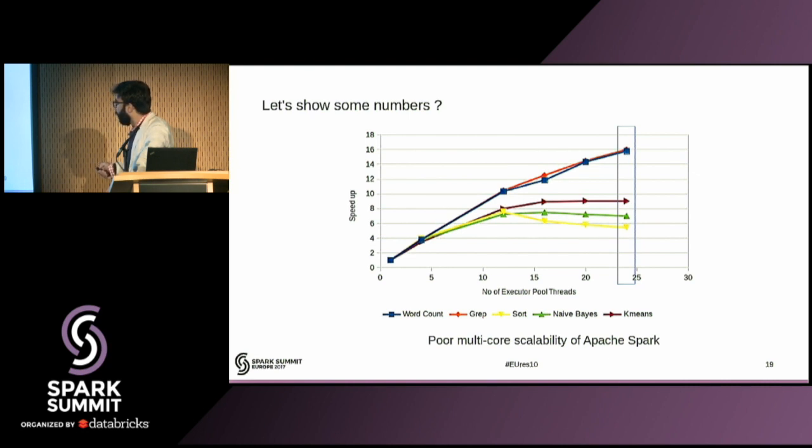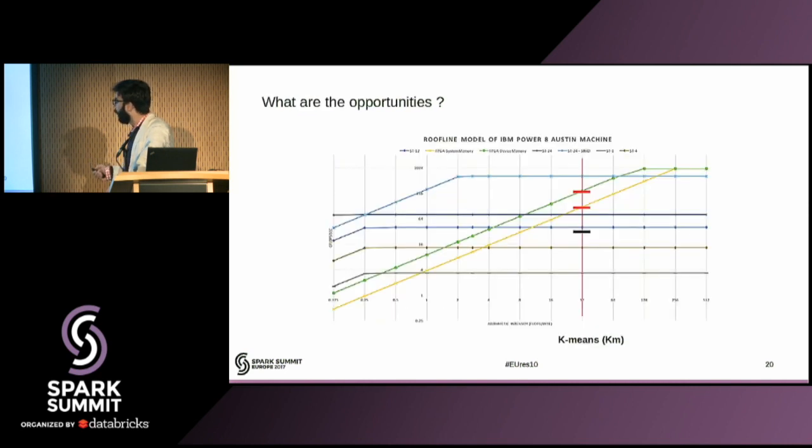Now, I would actually map this number onto the roofline model here. So for k-means, from its algorithm, the arithmetic intensity is actually 32. And let's say the peak gigaflops which k-means can attain in Spark gets here. So now, the opportunity which is available for acceleration is this line here.